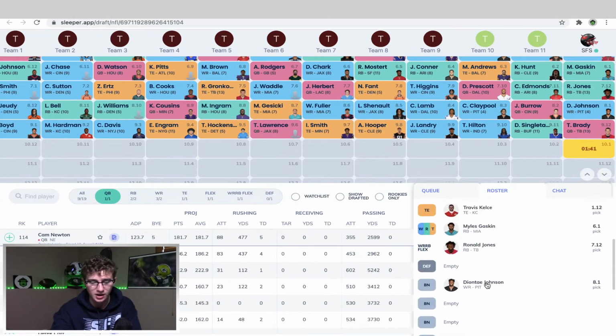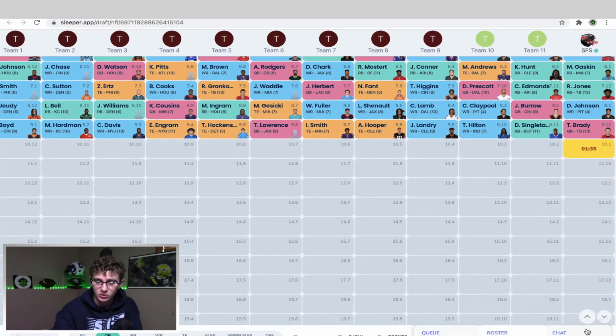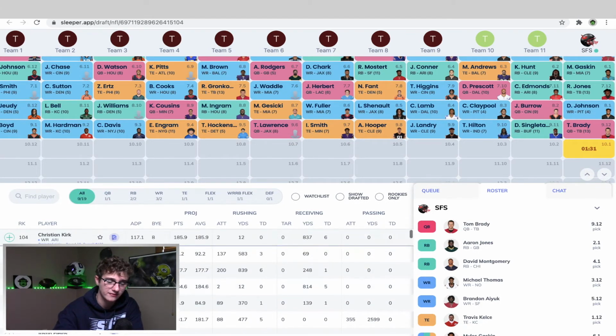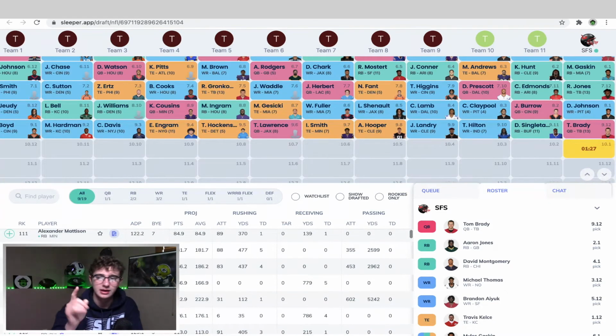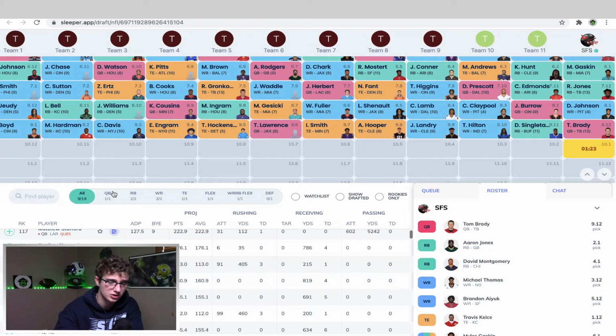But I think this is, in terms of a depth perspective, there's a lot of players that could come in and start right away for this football team, or this fantasy team rather, and I think that ends up boding pretty well for all teams that have that depth, because injuries are going to happen throughout the course of a season, and you need to make sure that you are prepared and equipped with the information to know the injury